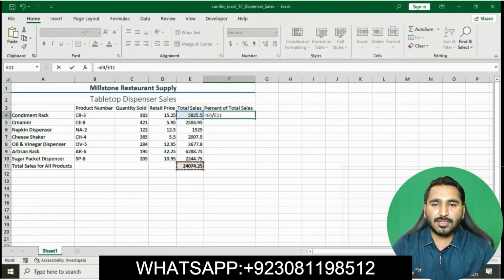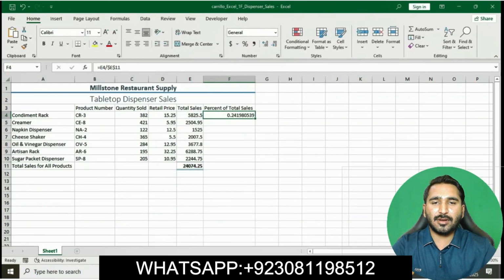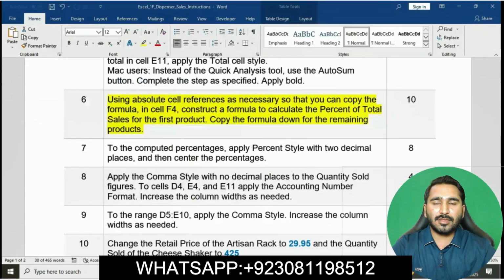E4 is the total sales, divided by the total sales of all products using absolute cell references. Enter the dollar signs, press Shift and 4, and then we will find the percent of total sales in cell F4. I have done this question.